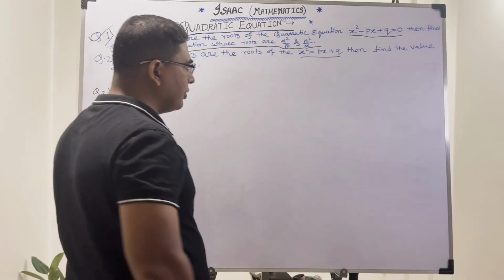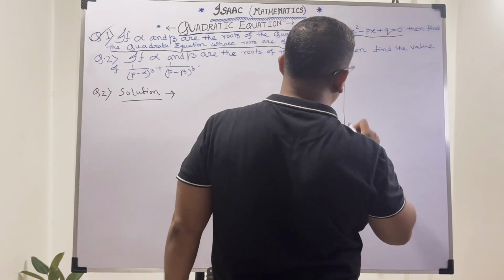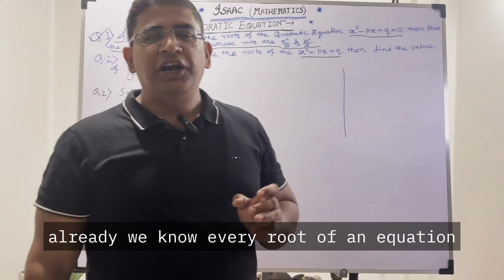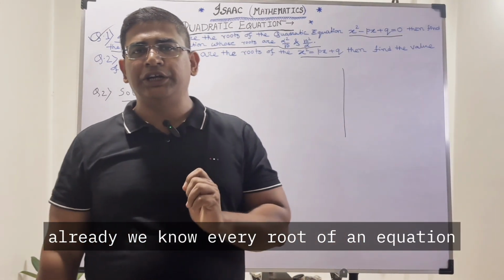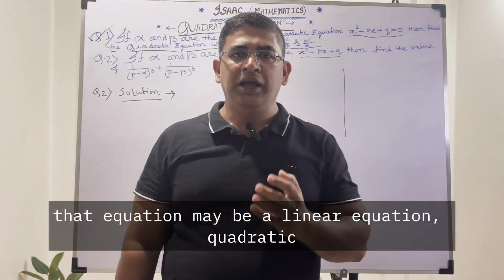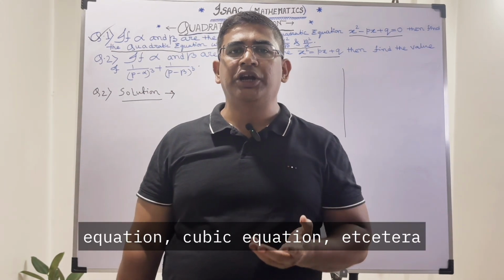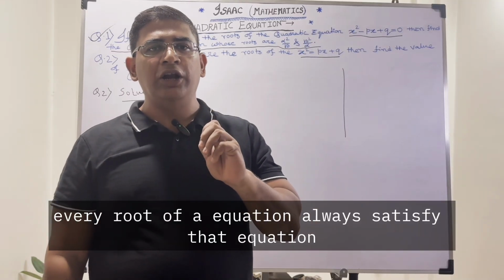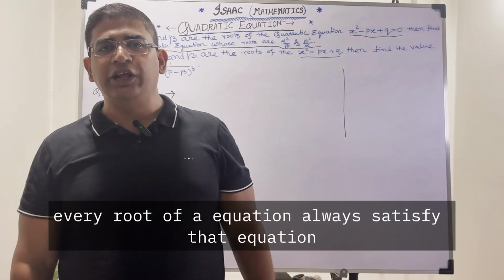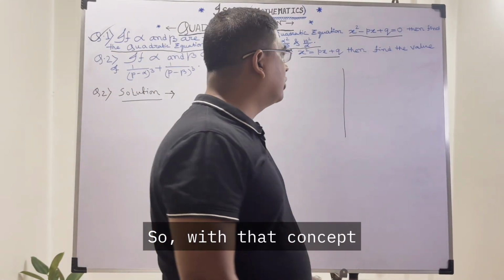Okay. Already we know every root of an equation, that equation may be a linear equation, quadratic equation, cubic equation, etc., every root of an equation always satisfies that equation. Okay. So with that concept,